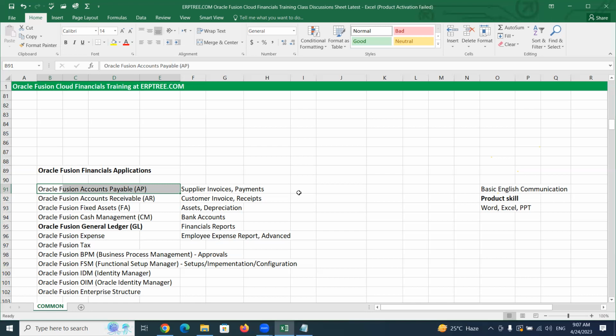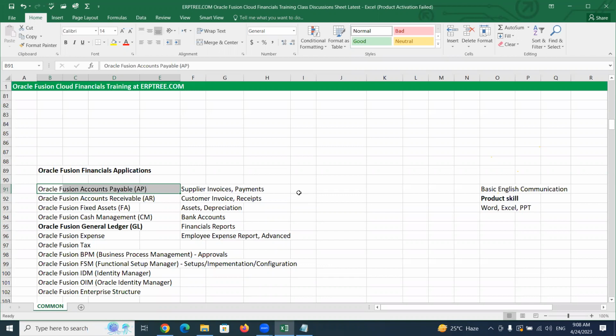In the same way, when you take the license from Oracle for this application, the consultant should set it up, like the AC technician should fix it, then only you can use it. Just as an AC can be installed in a simple manner, in the same way, these applications also can be set up by us as per the company requirement. We are going to work as a functional consultant. Being a functional consultant, if any company wants to use this accounts payable application, simply you can go and set it up.